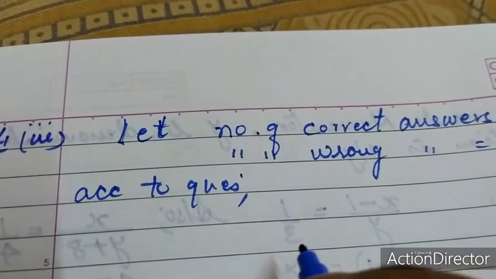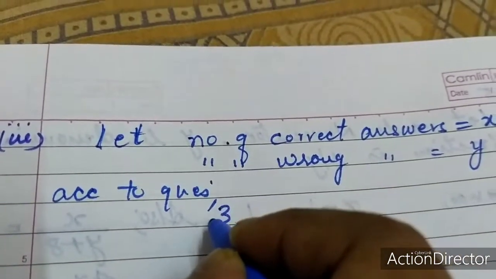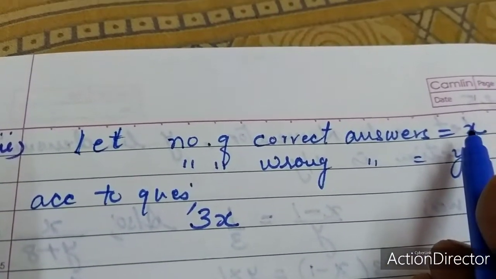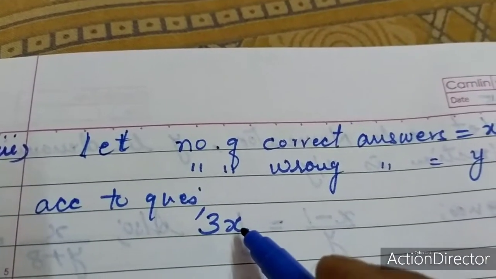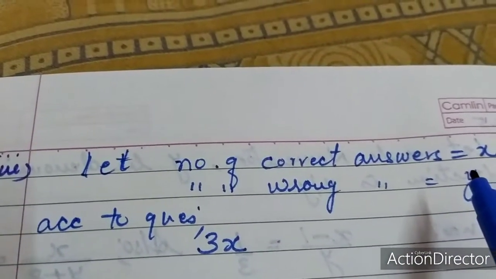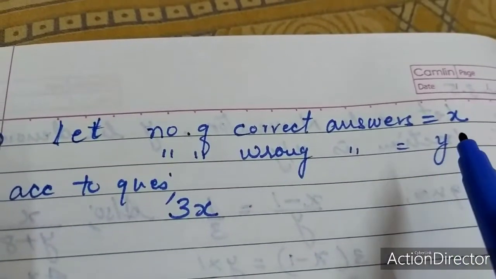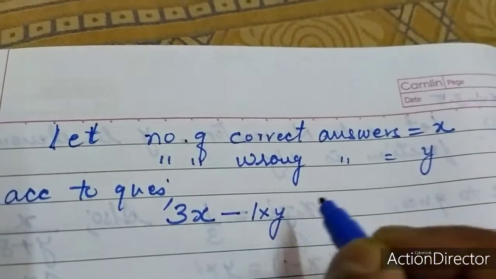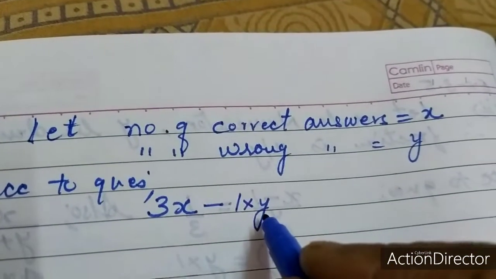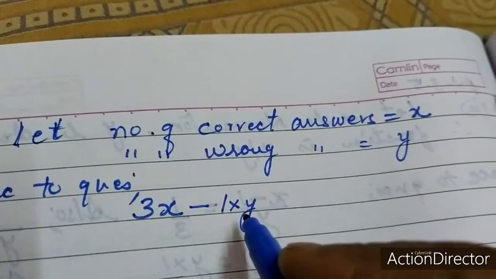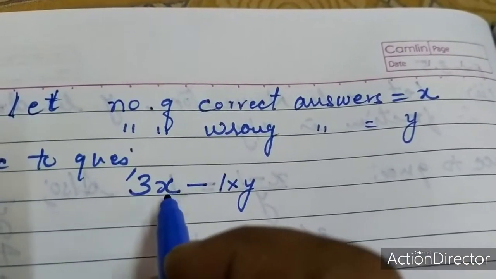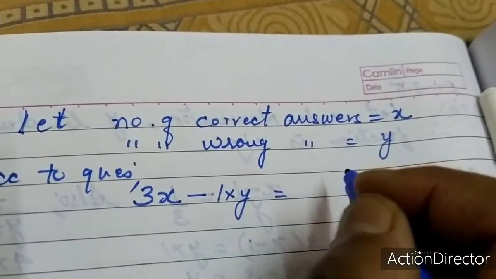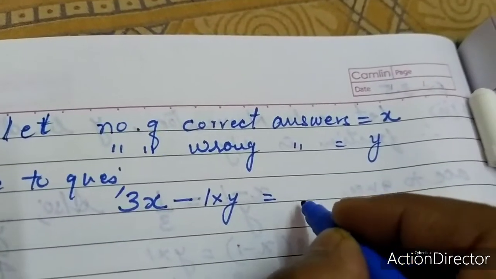और 3 मार्क्स उसके राइट आंसर्स के लिए थे। तो 3 मार्क्स फॉर करेक्ट आंसर, अगर आपके पास एक करेक्ट आंसर है उसके लिए 3 मार्क्स देते हैं तो x के लिए कितने हो जाएंगे, 3x हो जाएगा। और एक क्वेश्चन का रॉन्ग होने से आपके पास 1 मार्क रिड्यूस होता है तो y के लिए कितना होगा, y इंटू 1 होगा। तो माइनस यहाँ पे इसलिए हम लोग लगा रहे हैं क्योंकि उसका एक आंसर उसको रॉन्ग था, उसके लिए उससे डिडक्ट किया था। 3 मार्क्स उसको करेक्ट आंसर्स के लिए दिए थे, 1 मार्क उसके रॉन्ग आंसर्स के लिए डिडक्ट किया, तब जाके उसको टोटल मार्क्स मिल रहे थे 40।